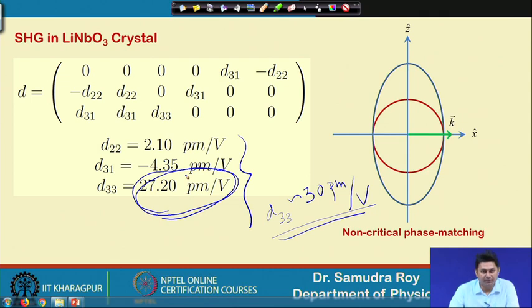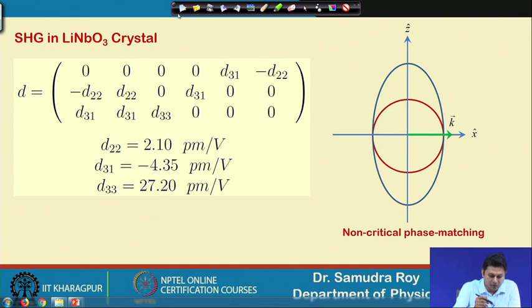We know that the efficiency is directly proportional to these d components, the d values which are involved in the second harmonic. So, from the beginning our aim should be how to make our system so that d33 is involved in generating second harmonic. That is our aim, how the second harmonic will be generated through d33, that we need to think of.